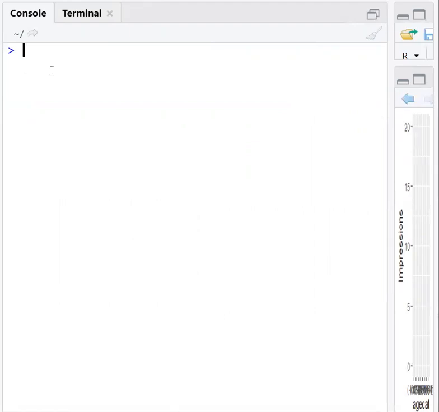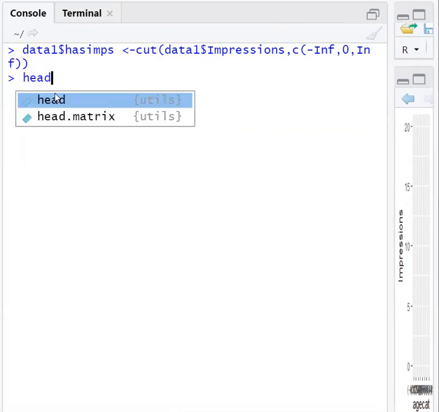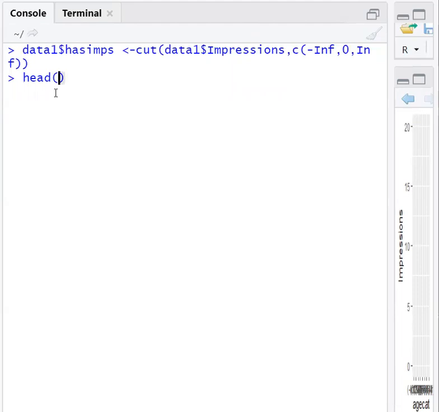What we do is create one more column, that is has impressions. Based on the impression value, we are creating only 2 ranges. Because what we need is 0 or more, the range is minus infinity to plus infinity, with value 0. So let us create it. Once we have created it, we can look at the head.